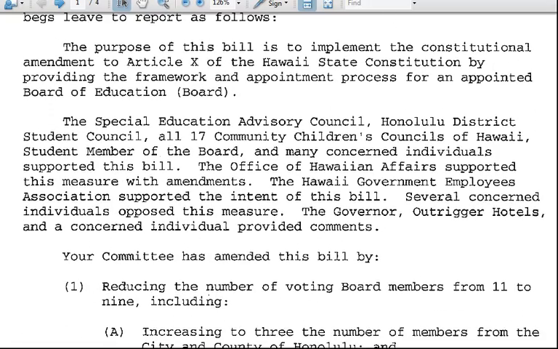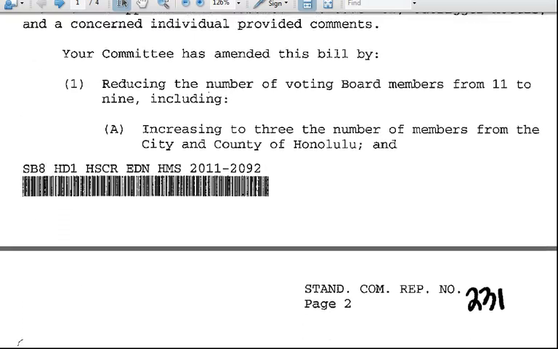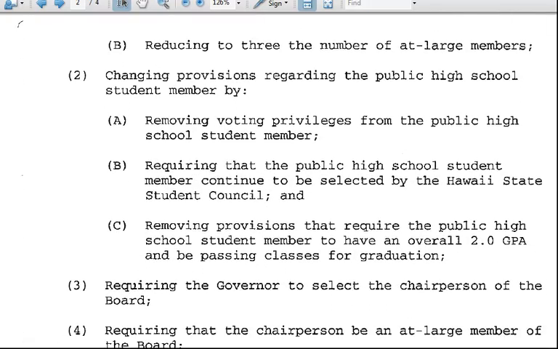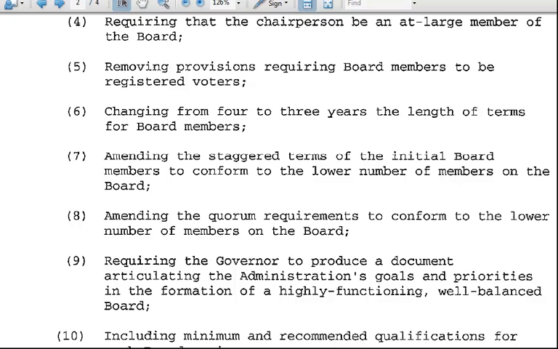Here's the purpose of the bill. It says who testified, and then I'm going to scroll down again. It shows you what the changes were. It says your committee has amended this bill by reducing the number of voting members from 11 to 9, and it tells you in which way they did this change. It also changed information relating to the public high school member, requirements for the governor to select, etc. You can see that this nicely delineated list of what happened in the committee report